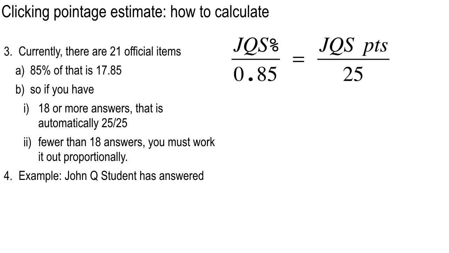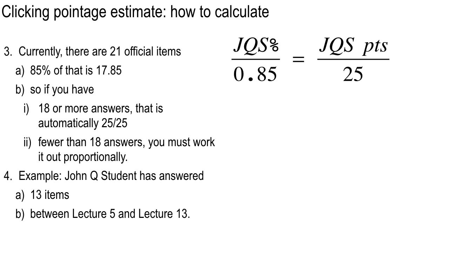This is going to be for the example of John Q. student. And what you do is you figure out John Q. student's percentage, or whoever, you can figure it out for a friend, and then solve this proportion and figure out how many points that corresponds to. So this is the basic proportion that you've got to work. So we're going to do some cross multiplication, stuff like that. But let's give John Q. student some actual numbers. All right, so let's say that he has answered 13 items this semester,